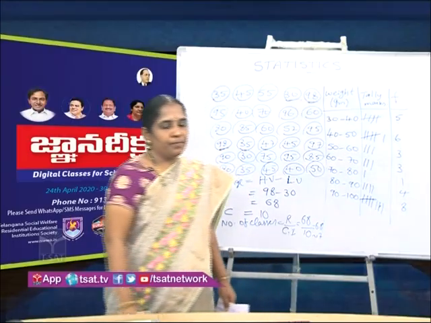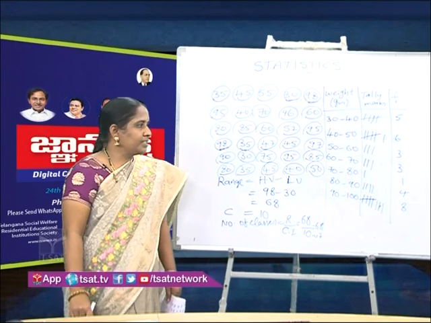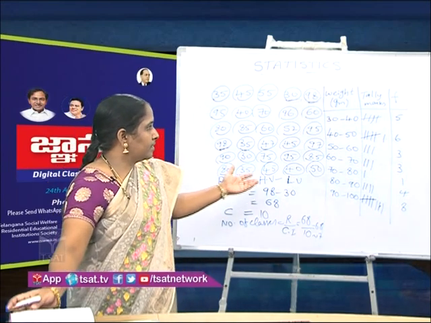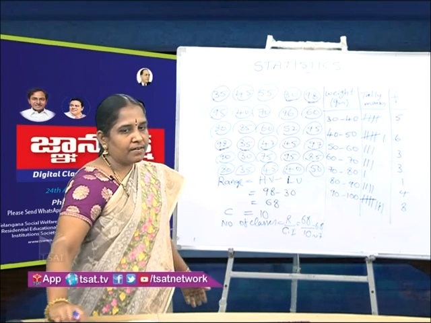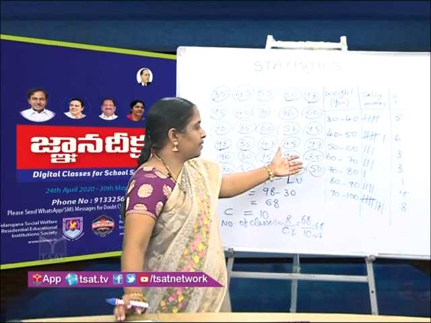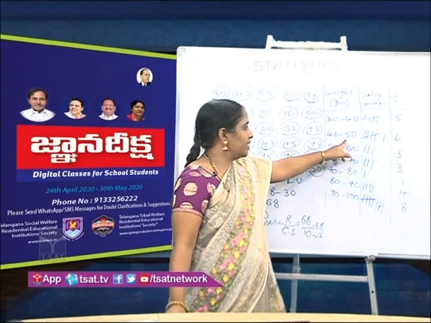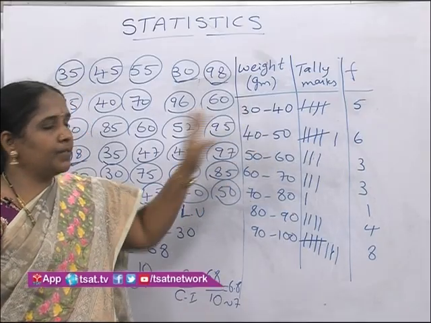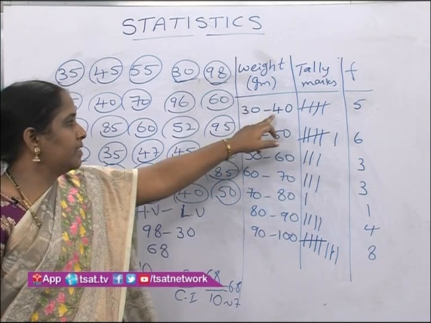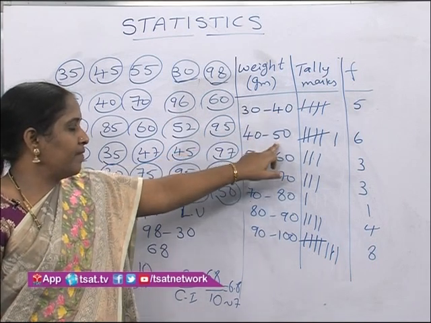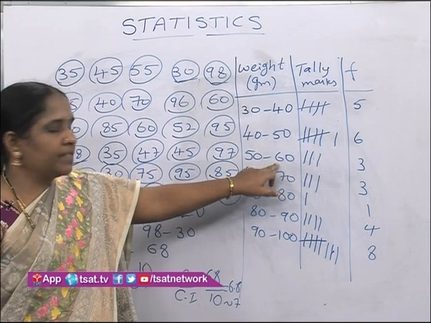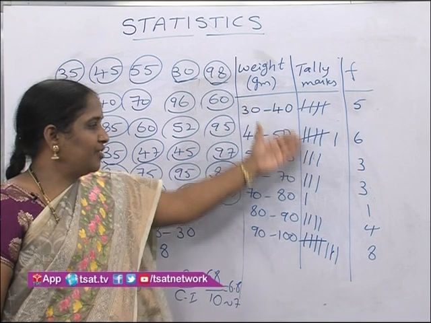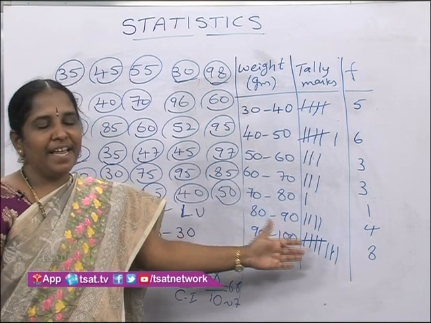So this is how we can prepare the frequency distribution table. And these classes that we have taken, what kind of classes have we taken? Exclusive classes. We excluded the upper limit in this particular class and added it in the next class. So we can also take inclusive classes. Only thing is, instead of 40, here we write 39, 49, and in the place of 60 we write 59. But do you think there will be any change in the frequencies? There won't be any change.